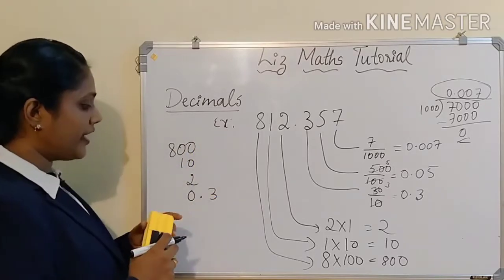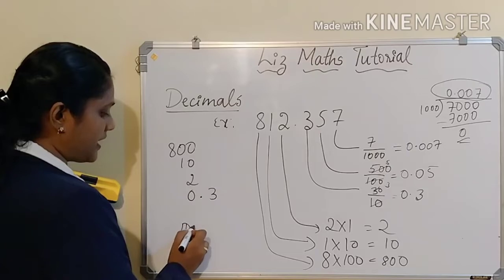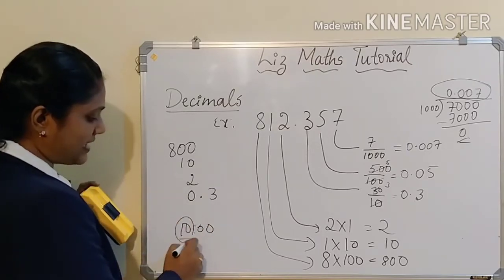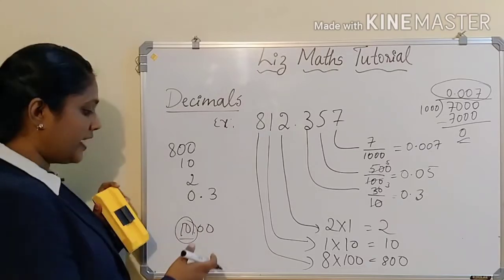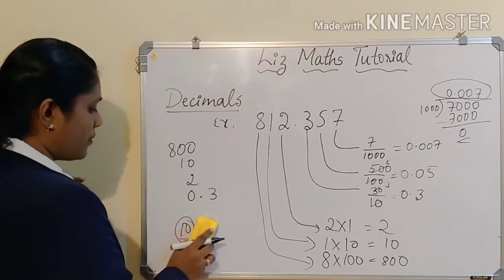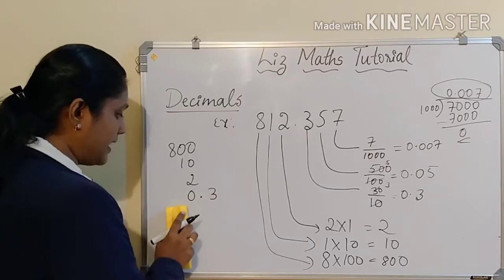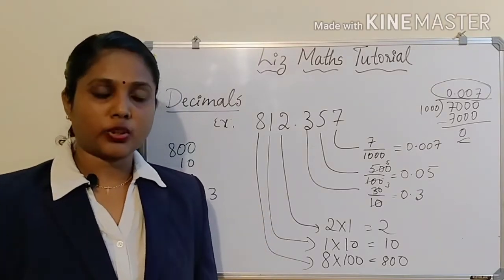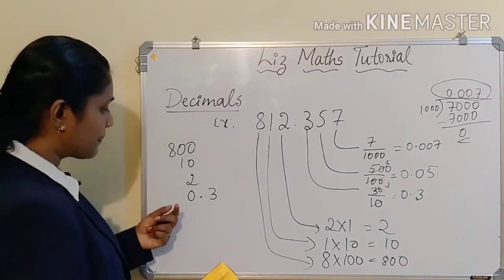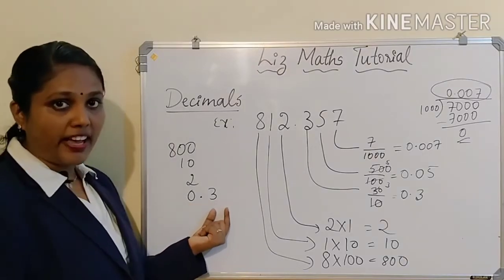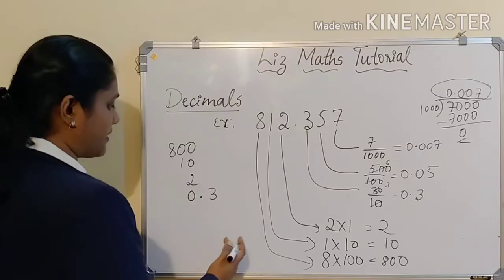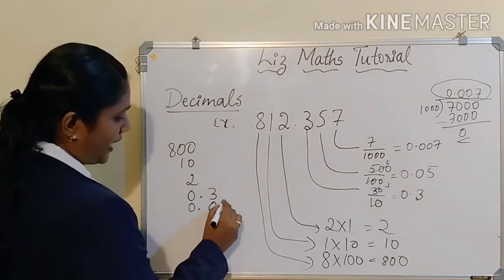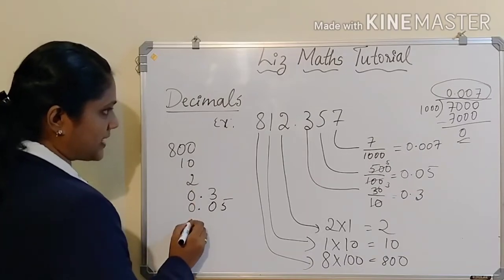Got it? So when we are writing some rupees or any amount, see what it represents; that is a value. Here for 0 there is no value. When you are writing, if there is a 0 after that point, then there is no value for that, so no need of writing it. But here 0.3, there is a value 3, so you have to write it after that. Similarly, you see 0.05. The points all have to come in the same line.